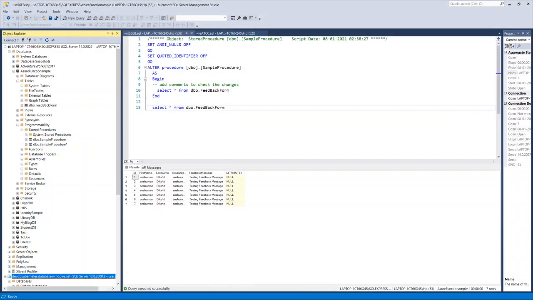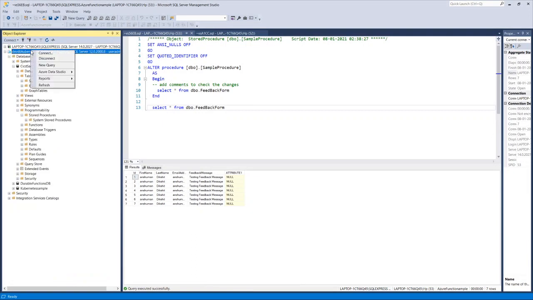Before that, I will set up my SQL Server so that you would be able to understand. I will just refresh it.